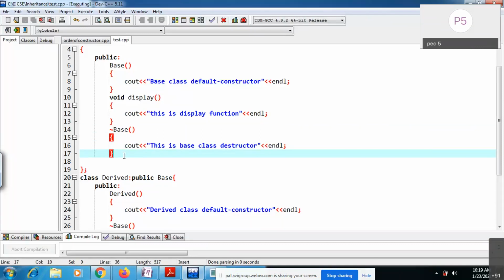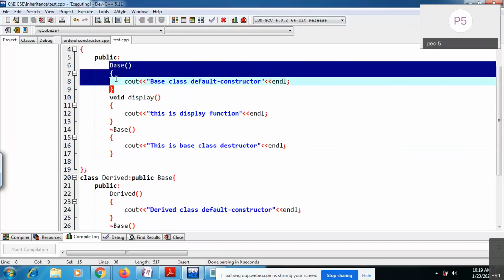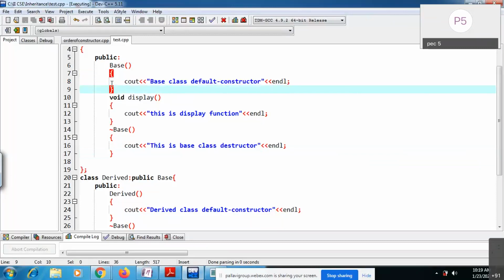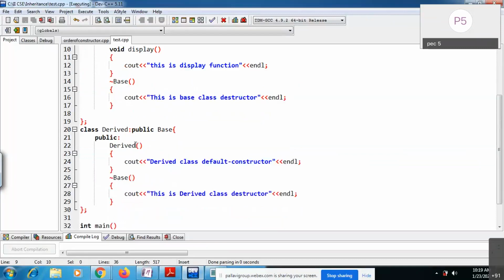Once you create objects by using a constructor, those objects can be taken care of by destructors when the object is going to end.